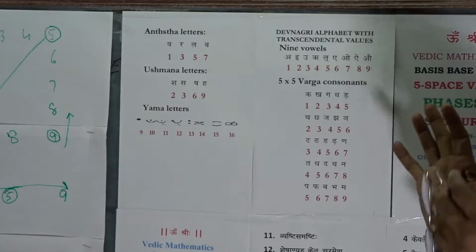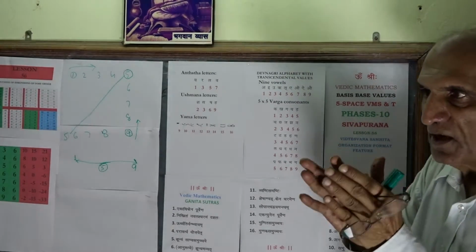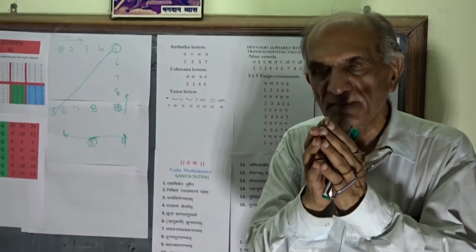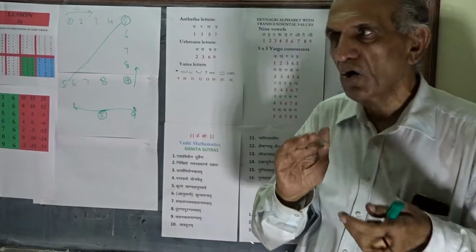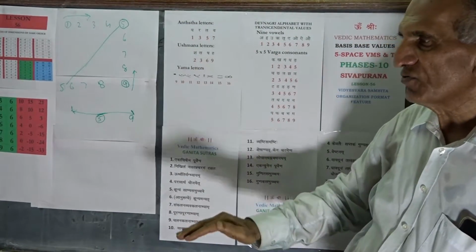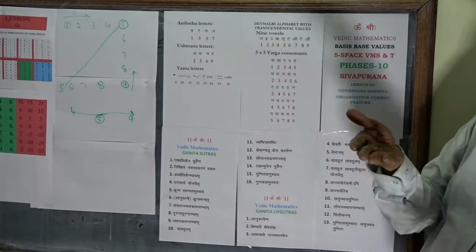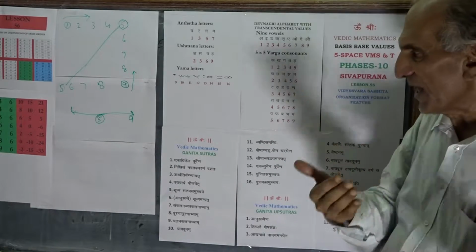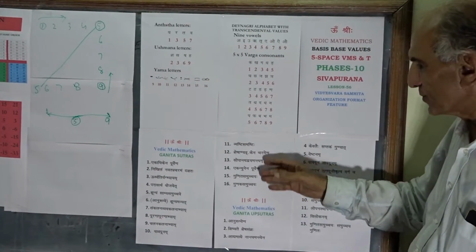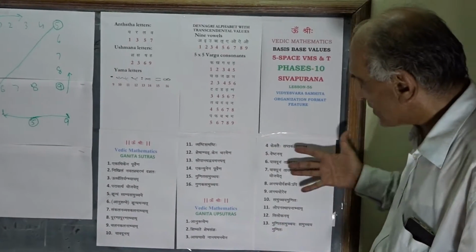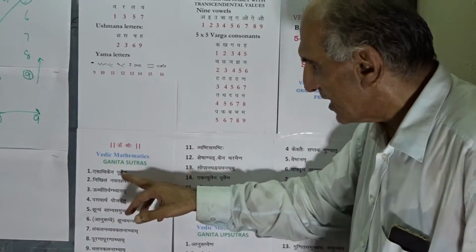Therefore, the Varga consonants as Devanagari alphabet letters, when availed properly in the sequential way along the format of Videshwar Samhita, will help us reach at, and be face to face with, how the text of Ganita Sutras and Upsutras in its manifested format,